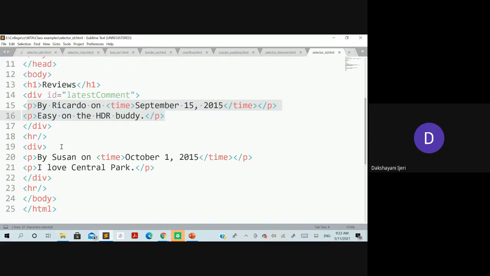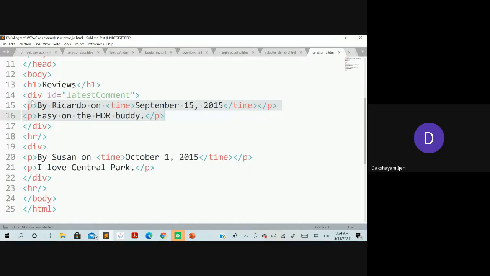So try to concentrate on how many elements have been used here. H1 has been used, division has been used, paragraph has been used, and again two paragraphs have been used, but only these two lines are going to be applied. Why? Because you have applied it to the parent element of these two.